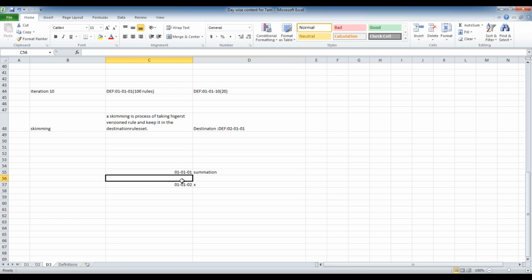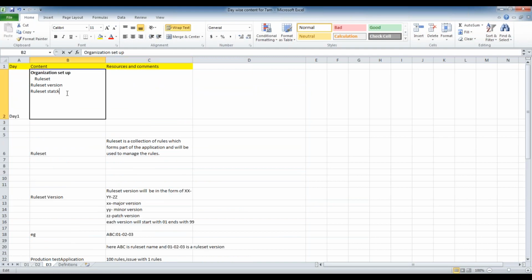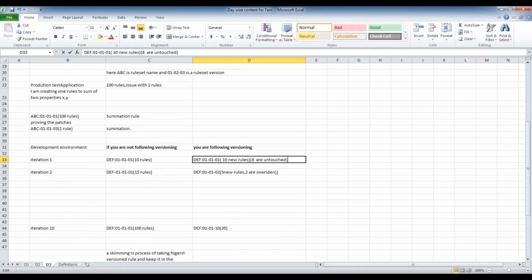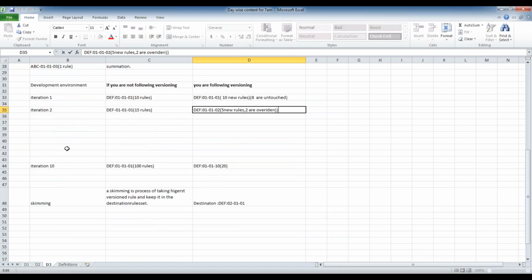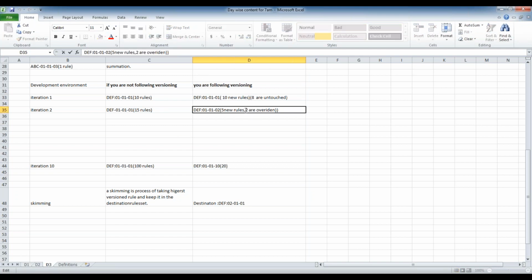One more topic I'm going to discuss. One more question: if I export the second iteration rule set, but the first rule set version is not deployed into my production. Let us assume I have two different production systems. It should not be in real time, but let us assume. If I directly deploy the 02, will it work out? No, it won't work. So all the previous versions also should be installed, right?